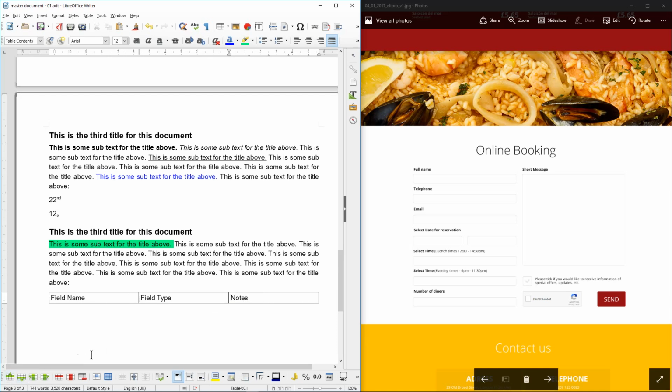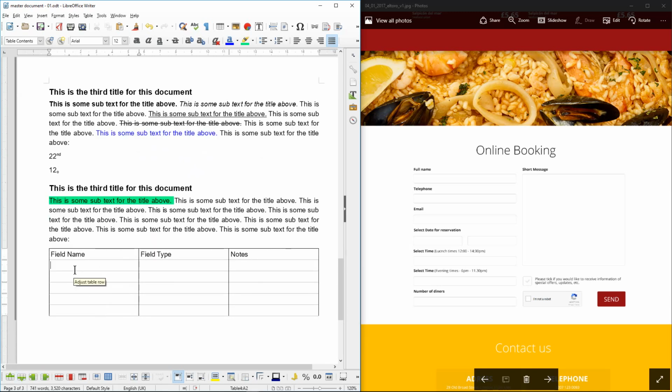There's only one row here, so we want to insert a row below. We want to insert a few actually. We can delete them after if we don't need them. So we'll insert this many rows. Let's save this. So we've got full name, telephone, email. Let's do full name, telephone, email. Let's put date in here,